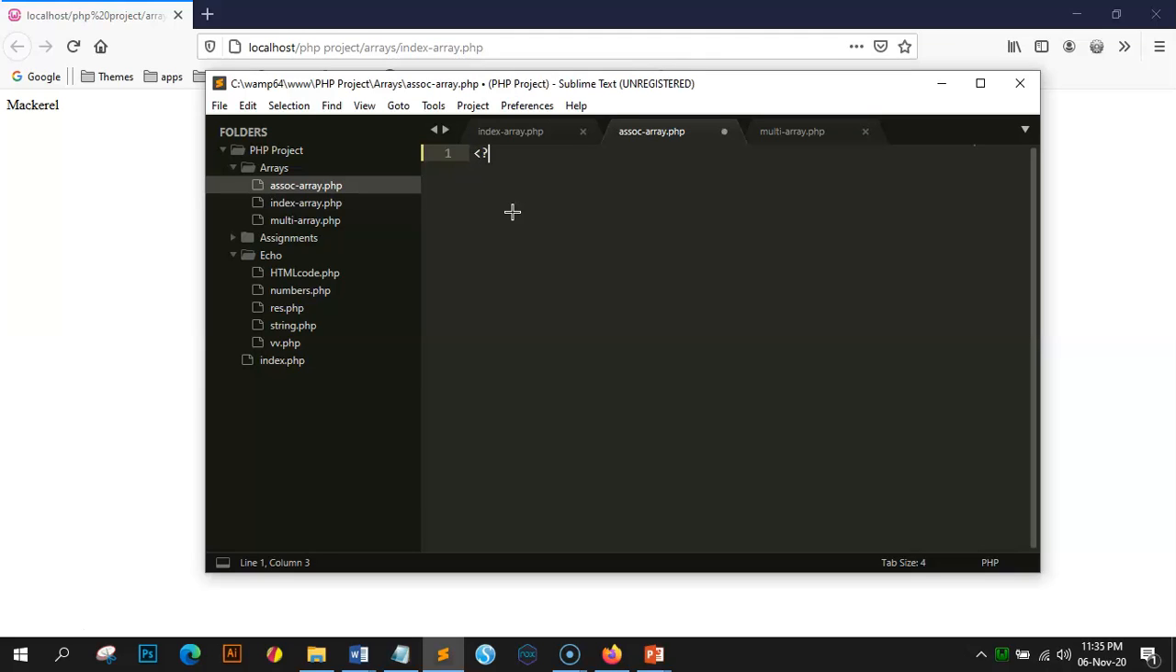Now starting with the PHP opening tag, and then using our comments, let's say example of an associative array to assign heights in cm. So we are assigning heights to 3 different individuals. With this example, we are going to see how to use unique keys, which are string characters, to assign height to different individuals. So let's create a variable. Since we're talking of heights, let's name our variable